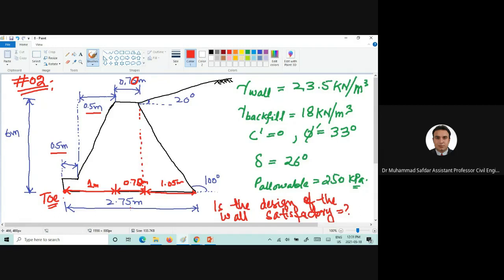The height is 0.75. Please, the height info as well. That is 0.75 meter,